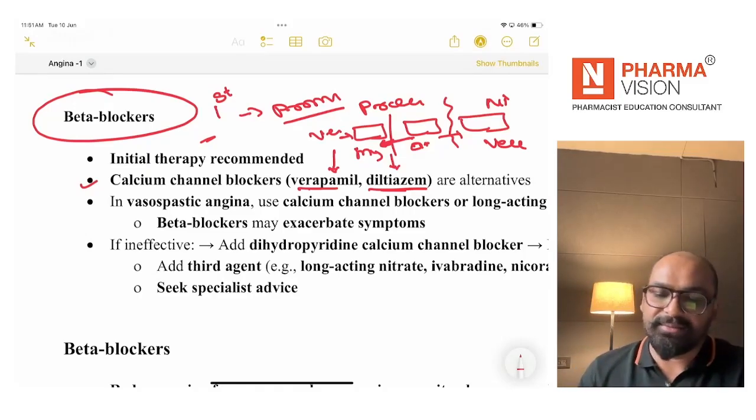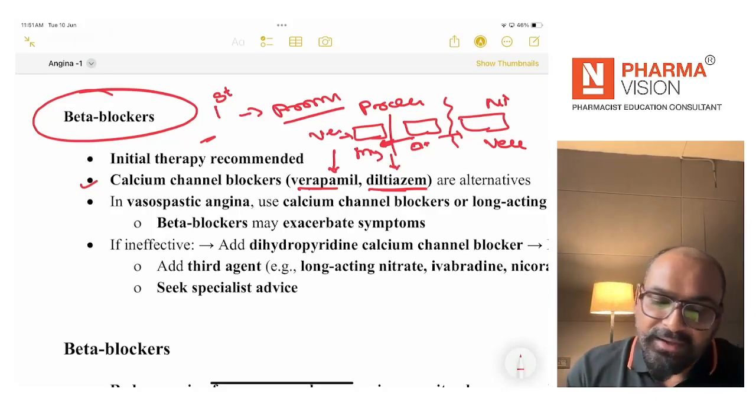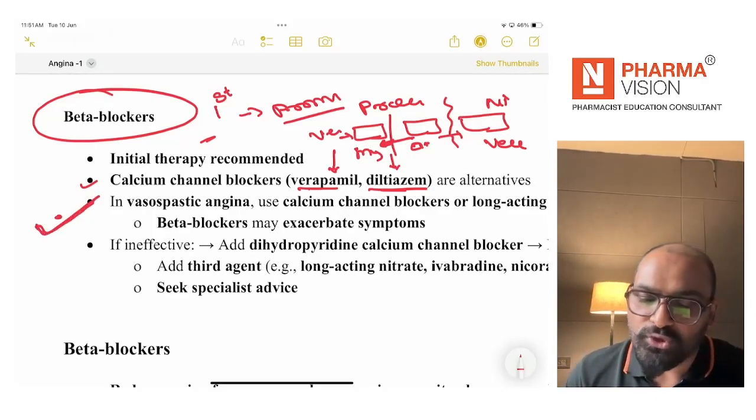दैट इज़ वेरी वेरी इंपॉर्टेंट टू अंडरस्टैंड डिफरेंस बिटवीन वेरापेमिल एंड डिल्टिएज़म का यूज। दिस इज वेरी इंपॉर्टेंट कॉन्सेप्ट, वेजोस्पेस्टिक एंजाइना।